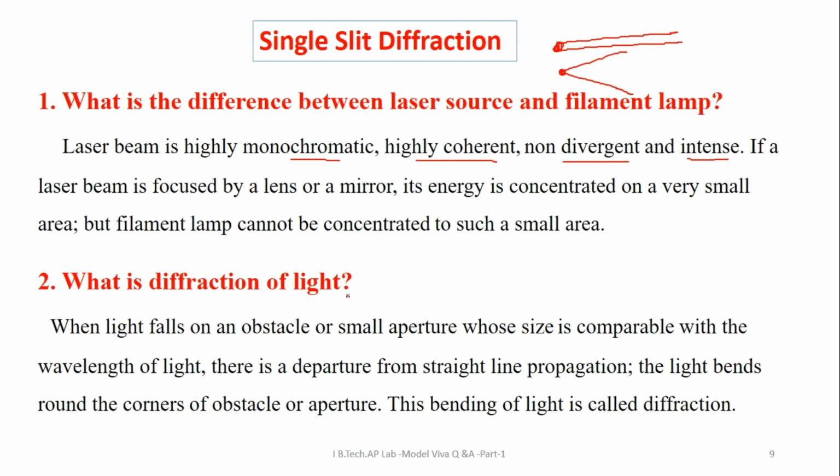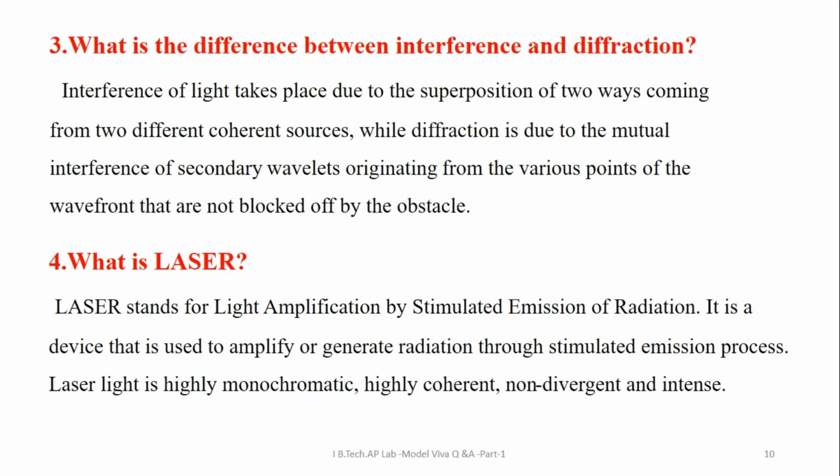What is diffraction of light? The bending of the light rays at sharp edges or corners. Then what is the difference between interference and diffraction? Interference of light takes place due to superposition of two waves coming from two different coherent sources, while diffraction is due to the mutual interference of secondary wavelets originating from various points of